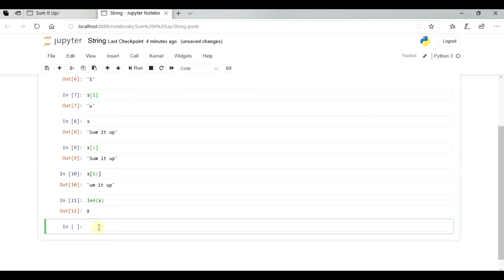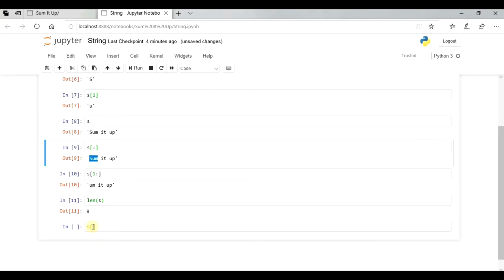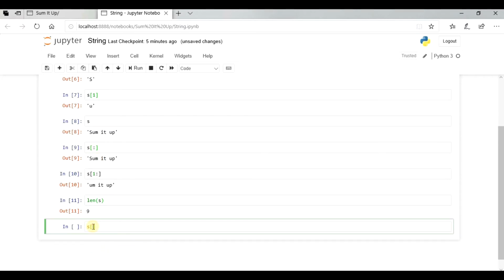Now if you want to print this sum, again, like I told you, if you don't mention anything on the right hand side of the colon, it will consider the last index. Similarly, if you don't put anything on the left hand side, it will consider the start index.